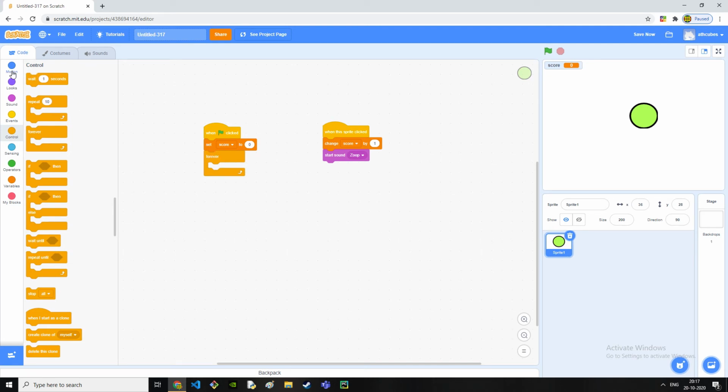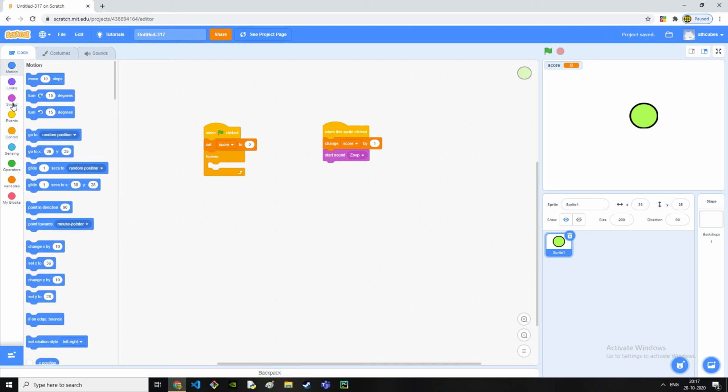Go to motion, then go to glide 1 seconds to X and Y. Here is random position and here is X and Y. You drag in the X and Y one, where it tells how many seconds to wait. You can type in any second like 2, 1. I love 1. Now we need to drag this block inside that forever.